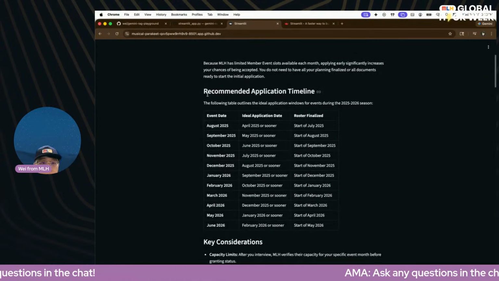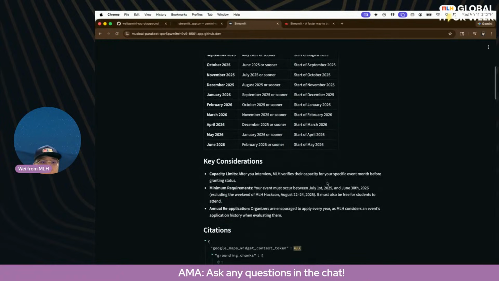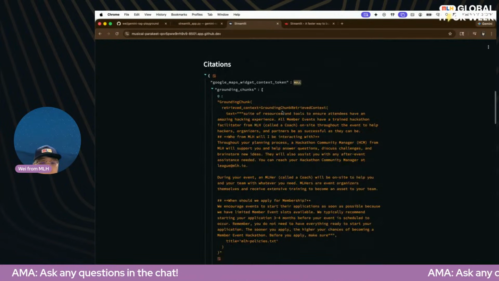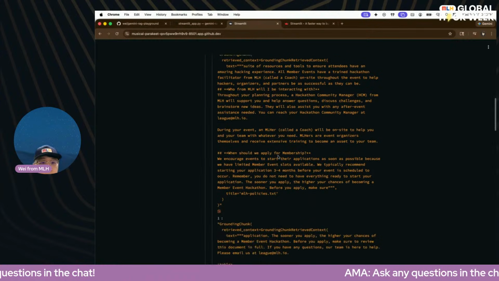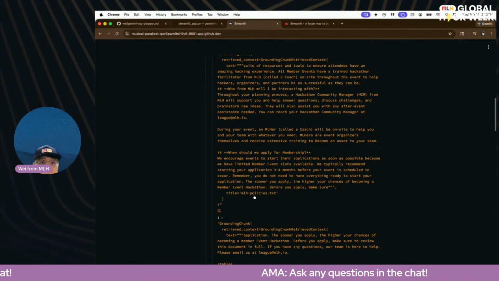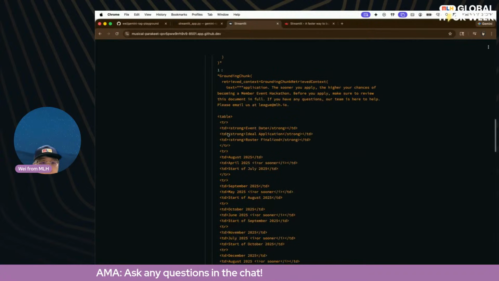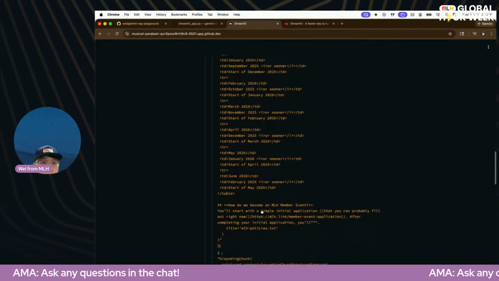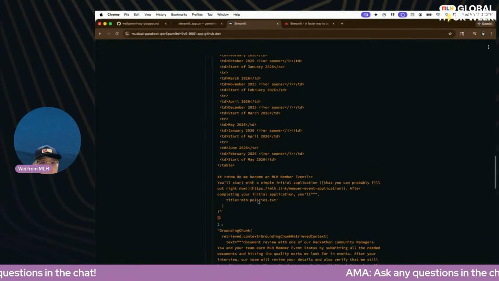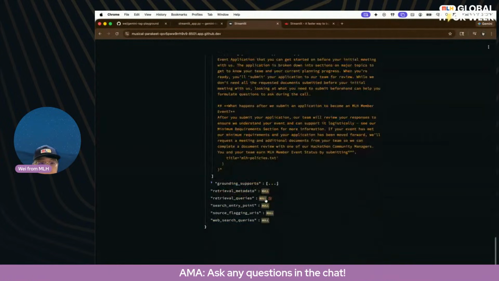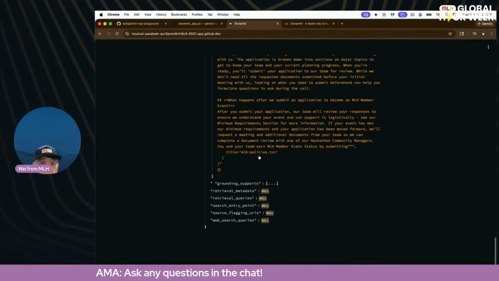So if we look through, this table actually came from the documentation itself, and we have some key considerations as well. So if you look through the citations, we can also see the information. Some of the information came from MLH policies. This table, you can see the table, actually came from MLH policies as well. So it looks like a lot of the file matches were from the MLH policies